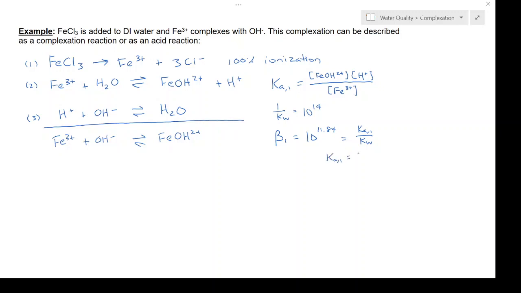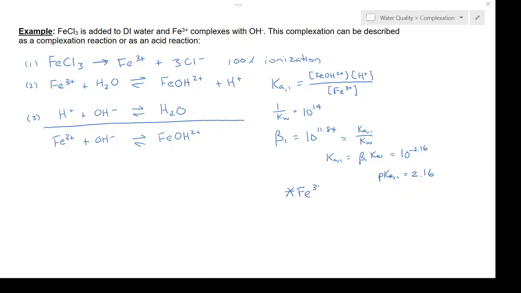So Ka1 is my beta 1 times Kw, and I get a value of 10 to the minus 2.16, or pKa1 of 2.16. And this is important because what it tells me is that